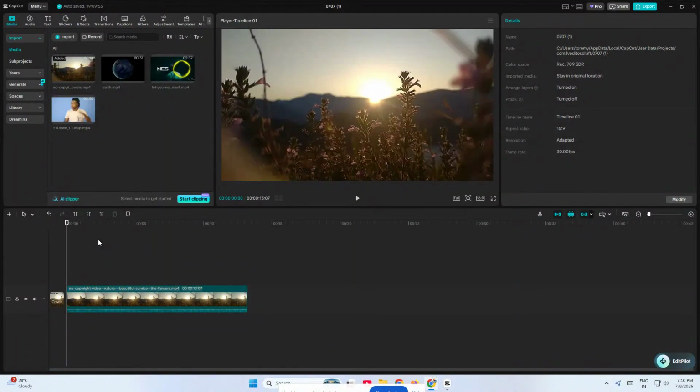If you've just finished editing a video in CapCut and you want to get it posted to TikTok fast, you're in the right place. In this video, I'll show you exactly how to upload CapCut videos to TikTok in just a few simple steps so your video exports correctly, opens in TikTok the right way, and is ready to post